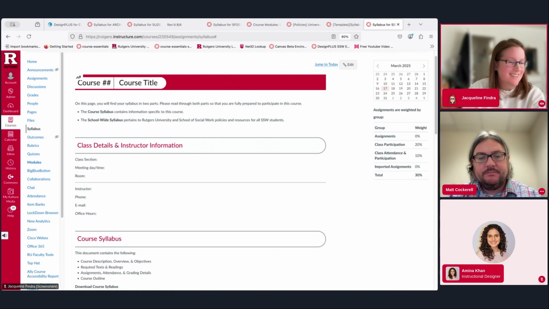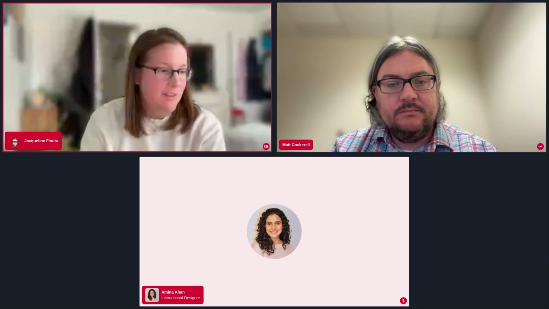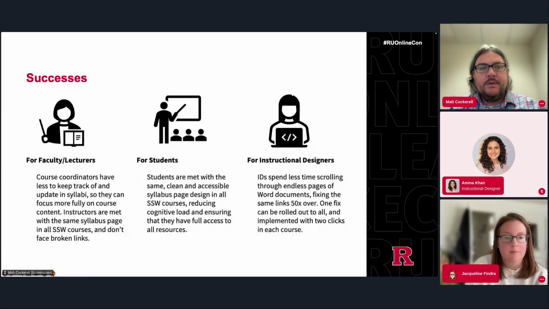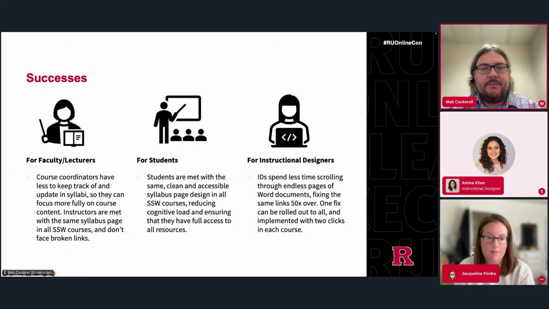Perfect. Great. I am going to stop my share then, and if Matt, you want to put the other one back up. So the way we've measured success on this project, three different areas. We measured it for faculty and lecturers, for students, and then for instructional designers. So for faculty and lecturers,